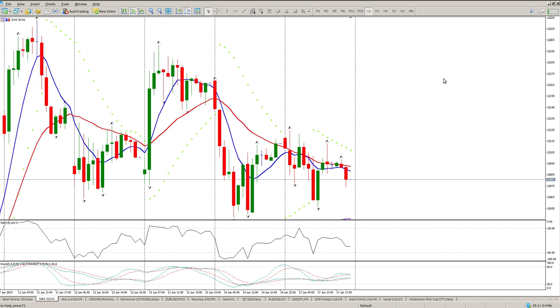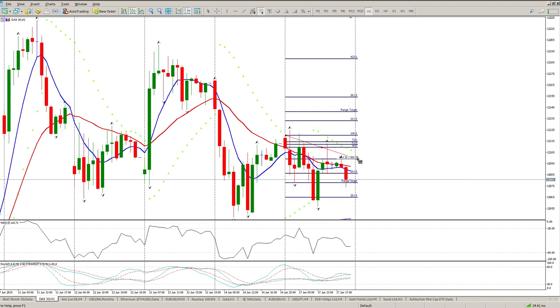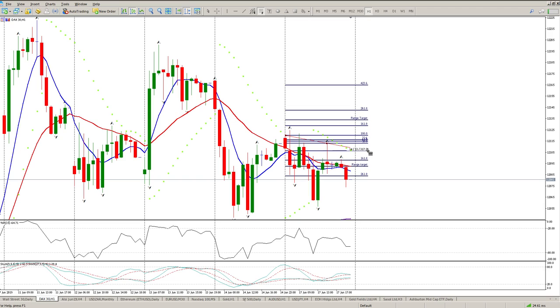Today is a dangerous day to be trading anyway. This is going to be so volatile. It depends what the bankers come out with today, and that will dictate what's going to happen. So for starters, there is my opening range. See, that's the first hour bar, my opening range.